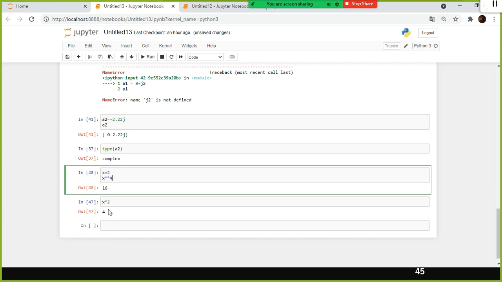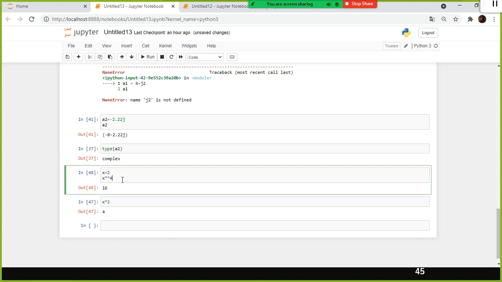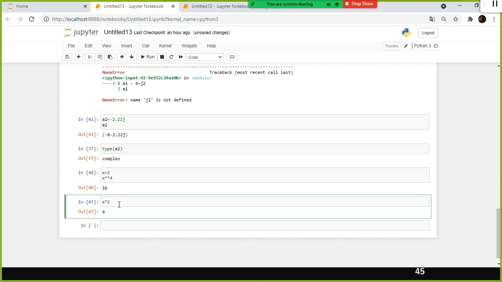Now you understand the difference between star and double star. Star is just to multiply the value of x, and double star is to raise it to a power.